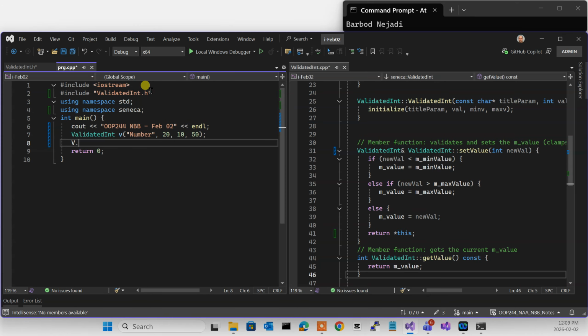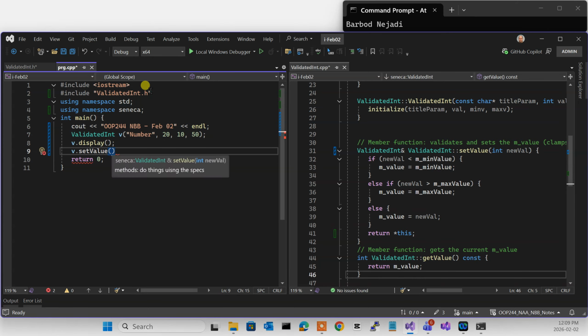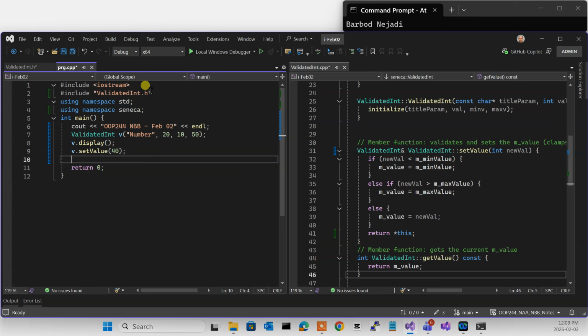Okay, obviously I can say v.display, right? Correct? And then I can say v.setValue, and in here I'm going to make it a 40. And I can say v.display again. Correct? We've done this already. We know it works. Okay? I created a validated integer. I displayed it. I set the value, and I'm displaying it again. Okay? So if I run this, obviously we'll see that the result would be